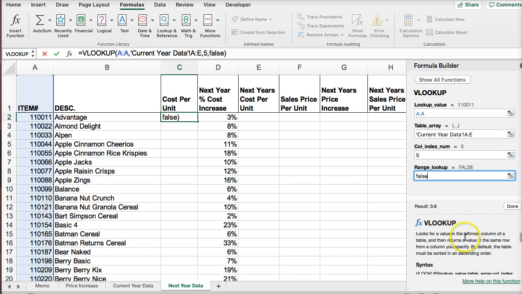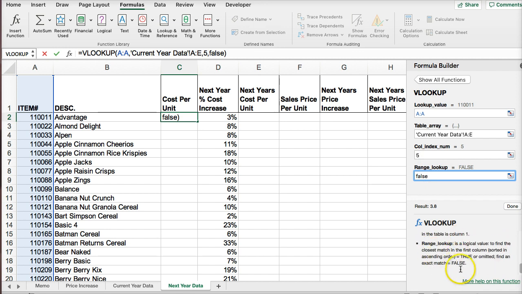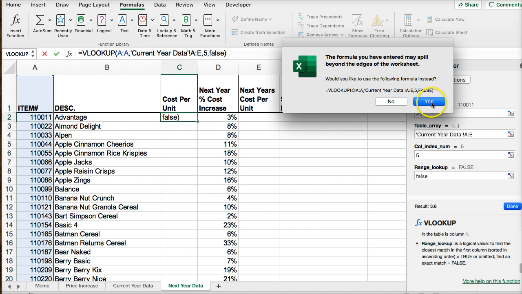And you can look up what that means down here with the syntax. All this information is here, including why false. Because we want an exact match, which equals false. So I'm going to hit done. And you see that